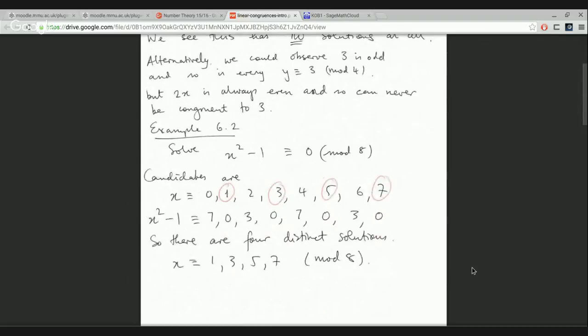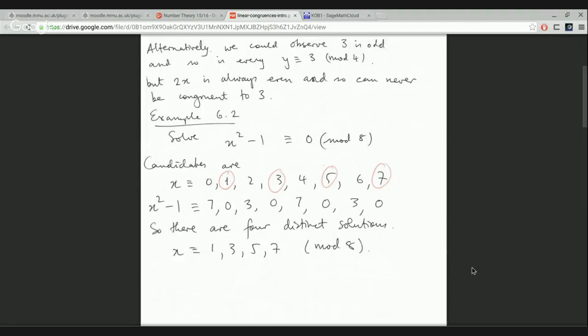Our second example showed that other times they can have lots of solutions. This wasn't a linear congruence, it's a degree 2 congruence: X squared minus 1 is congruent to 0 modulo 8. Again, 8 is a pretty small modulus. There's only 8 possibilities for X. We can check them all, and we see that 4 of them give solutions: 1, 3, 5, and 7. So some congruences have no solutions, and some have lots of solutions, more than the degree of the polynomial. That's something different to